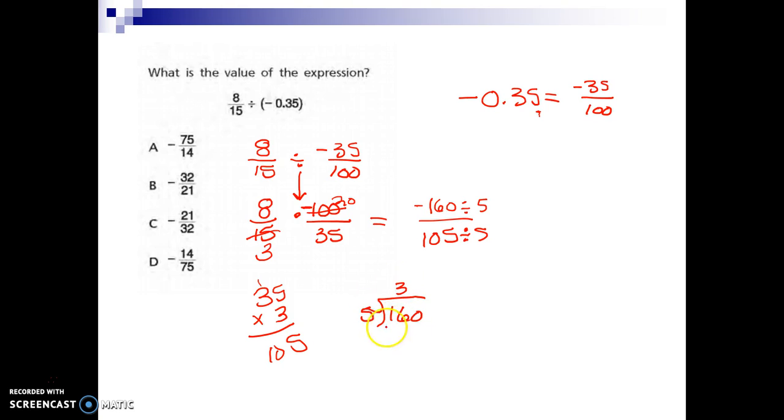5 goes into 16 3 times. 5 goes into 10 twice. So my top number is 32. Don't lose your negative. A negative divided by a positive is a negative. And then 105 divided by